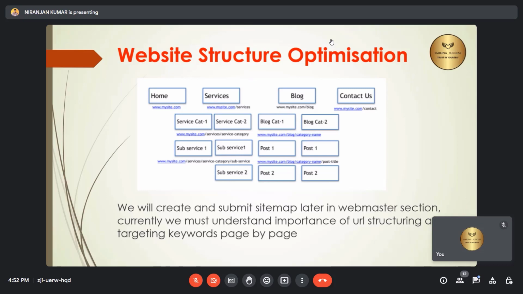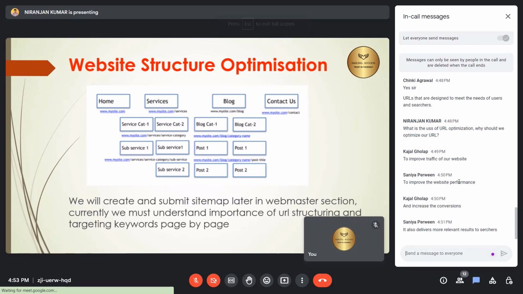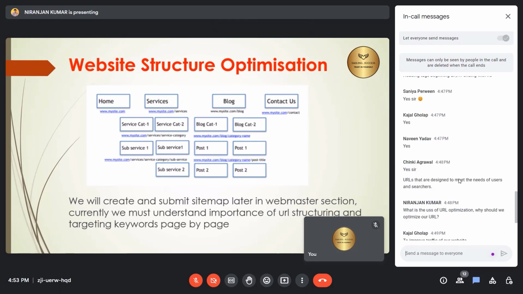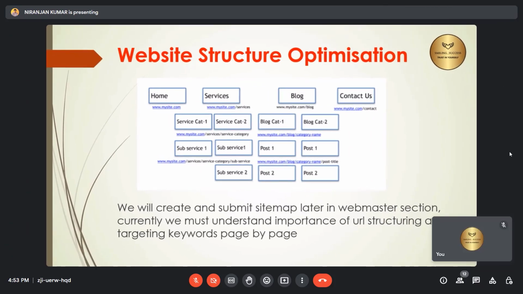Now I can have designer cakes and regular cakes, or eggless cakes or normal cakes. So if somebody is looking for eggless cakes, obviously I will use keywords related to eggless cakes only, and only on that particular page and not on a normal cake page,